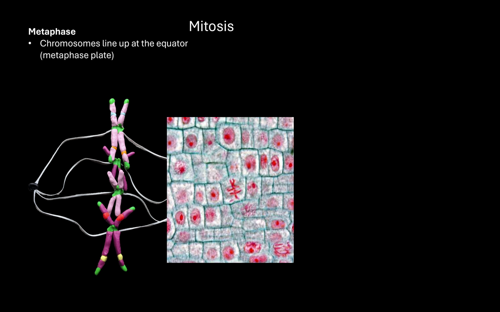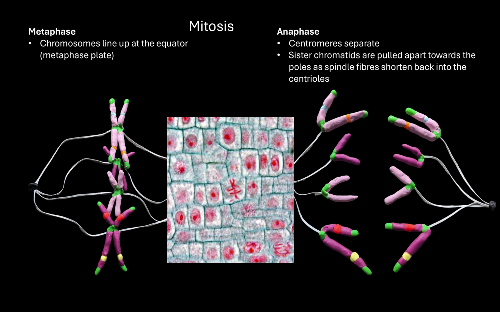So during metaphase, what happens is those spindle fibers will have attached to the centromeres. Now the centromere is the connecting point between the two sister chromatids. And those chromosomes are going to line up at the equator. We call that the metaphase plate. Those chromosomes lining up at the metaphase plate is a signal to say that we are at the checkpoint, that they've lined up correctly, and therefore we can move through from metaphase into the next phase, which is called